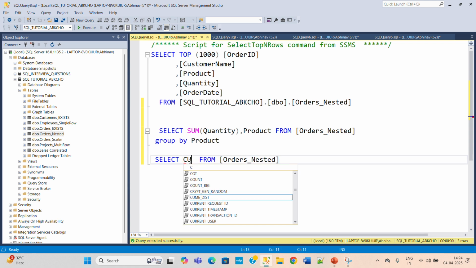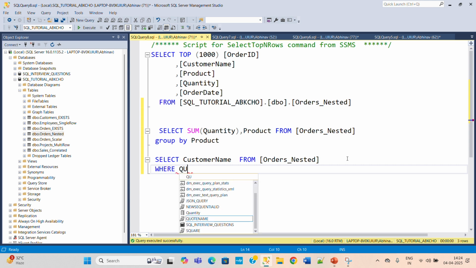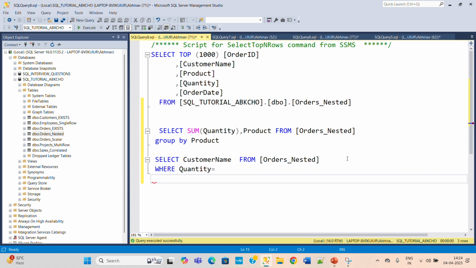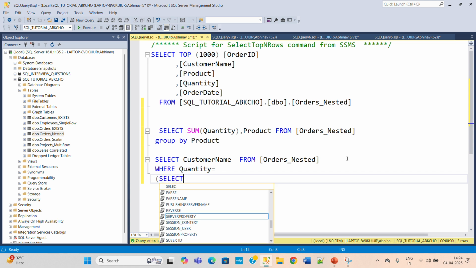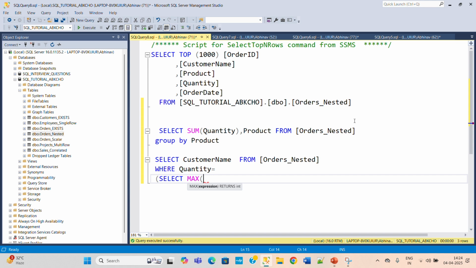Select customer name from the orders nested table, where quantity equals, and then our subquery will come, which will find out the maximum quantity. So select max quantity